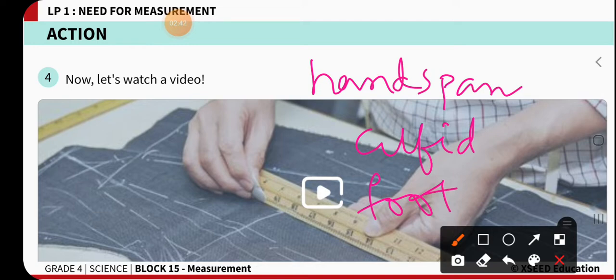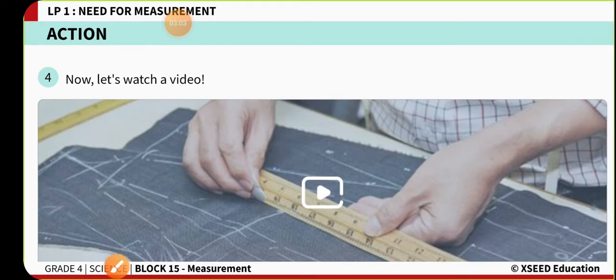With the help of these three non-standard units of measurement, at first we are going to try and learn how to measure them, and then we will go with the need of standard measurements. So before completing the activity, let's have a quick look at the video part, children.